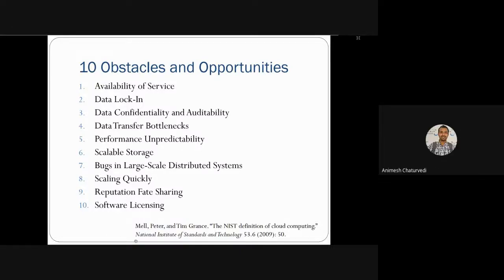So hello, we are going to start where we left off in the previous class. It is the 10 obstacles and opportunities. We'll discuss in detail availability of service, data lock-in, data confidentiality and auditability, data transfer bottleneck, performance unpredictability, scalable storage, bugs in large scale distributed systems, scaling quickly, reputation fate sharing, and software licensing. This content was taken from the NIST definitions of cloud computing that was published by NIST, National Institute of